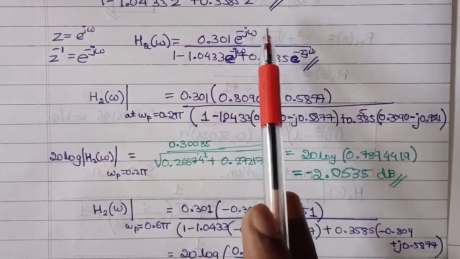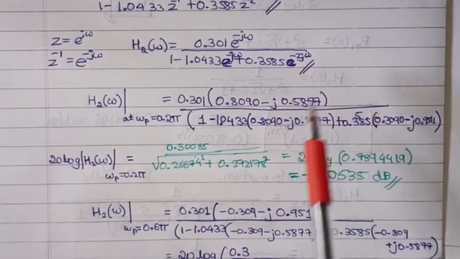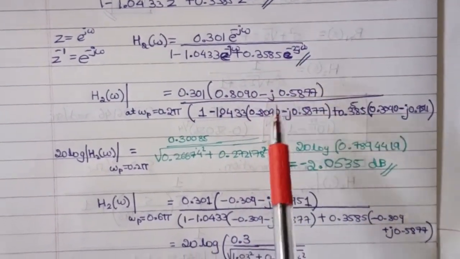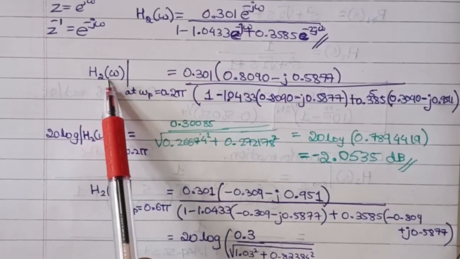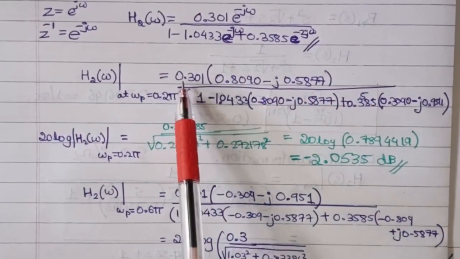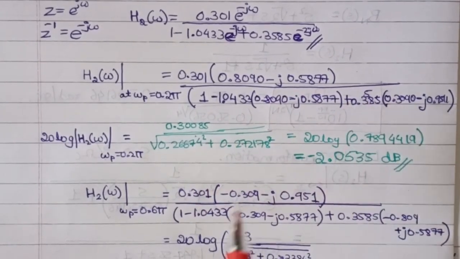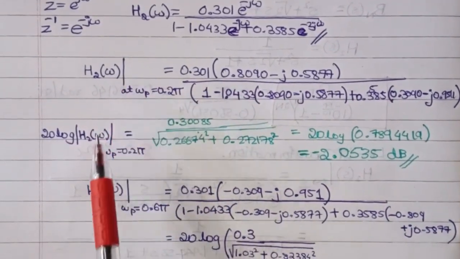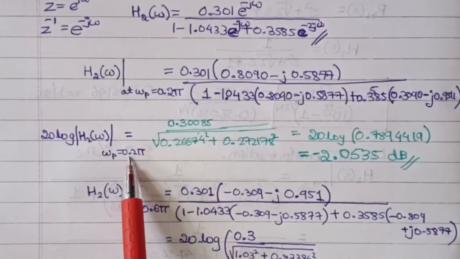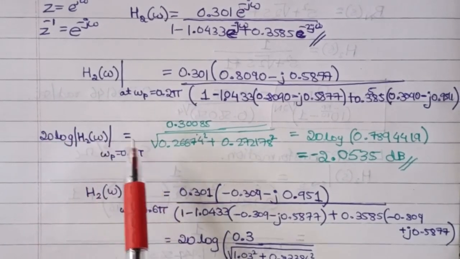We know that e^(jω) = cos ω + j sin ω. Substituting the formula here, we obtain H2(ω) with this e^(-jω) in the numerator, and similarly in the denominator. Evaluating H2(ω) when ω = 0.2π, taking the 20 log of that function, we get